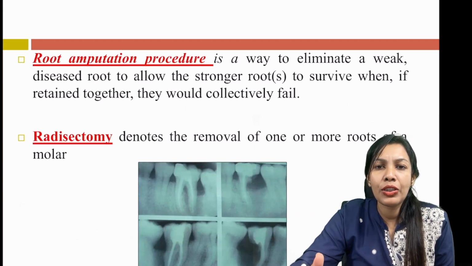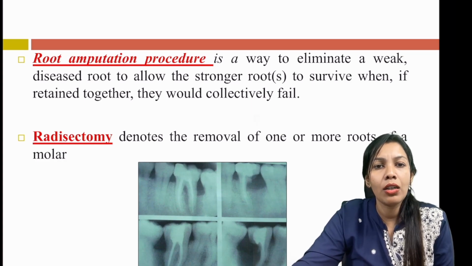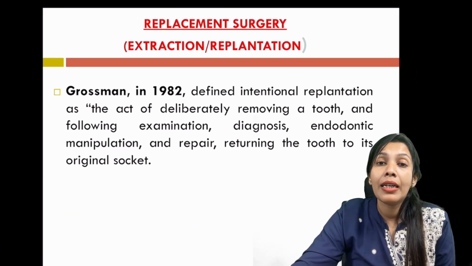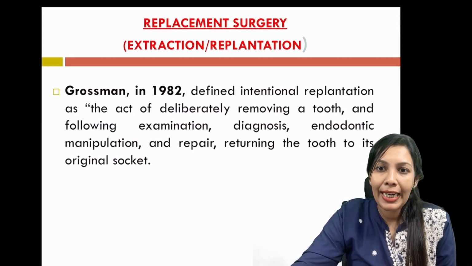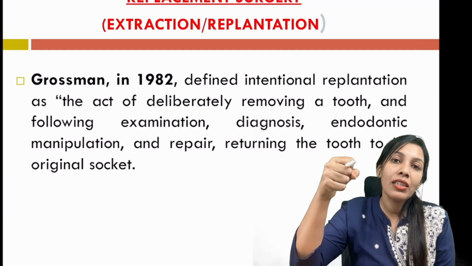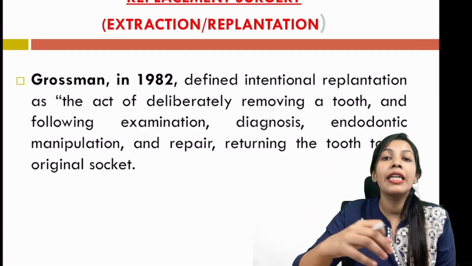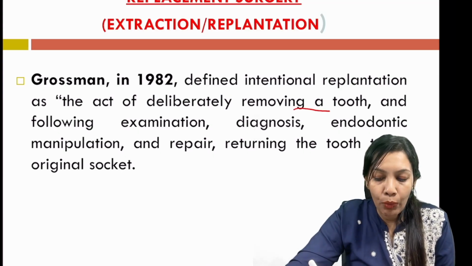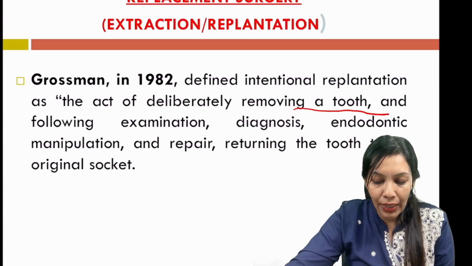Amputation, the root amputation procedure, has the same name as eliminating the infected root. Radicectomy, as explained earlier, is removal of the root. Next is replacement surgery. What is replacement surgery? Deliberately, for certain treatments, we will extract the tooth and return the tooth to the original socket. The act of deliberately removing a tooth and examining, diagnosing, performing endodontic manipulation, and returning the tooth to